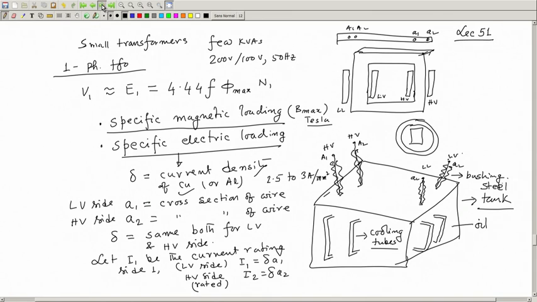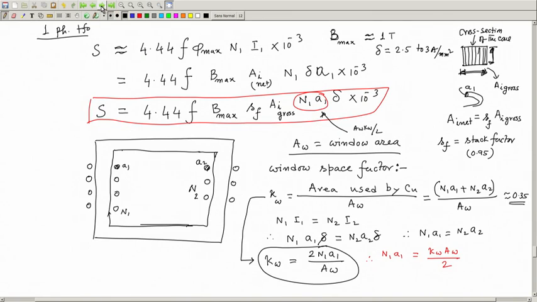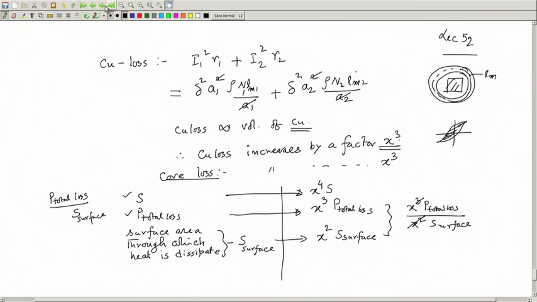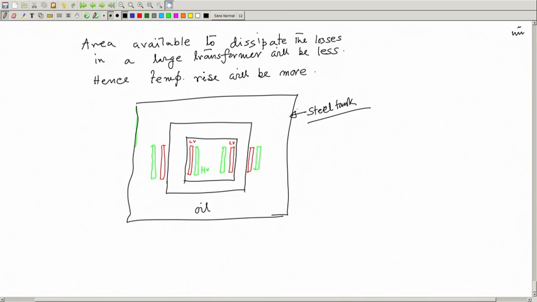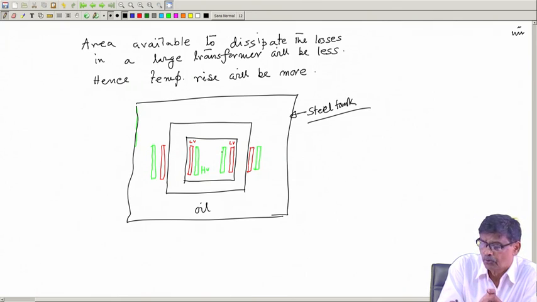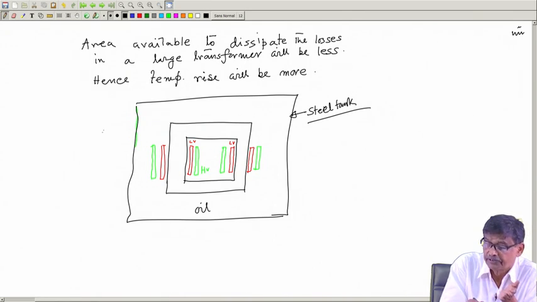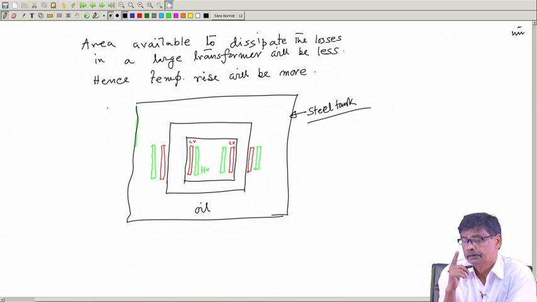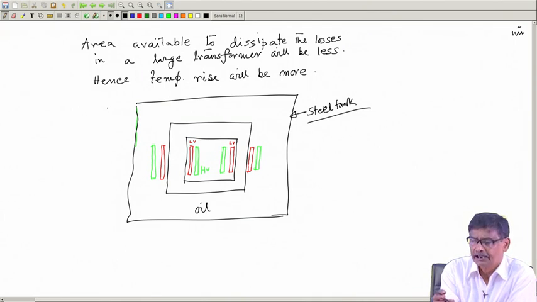So, this is called oil natural cooled. So, filled with oil. So, oil when it comes in contact with the core and the windings, they will be heated up, it will go up and it will circulate, and they will carry the heat to the surfaces through which it will be dissipated. I told you, mind you, that the final temperature rise can be easily expressed in some very easy way. For example,